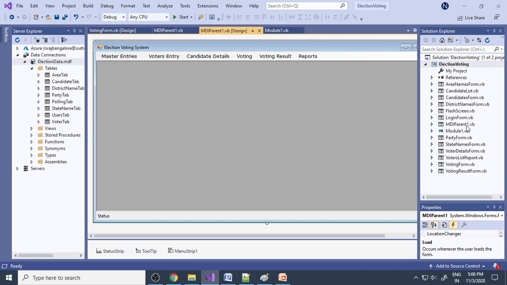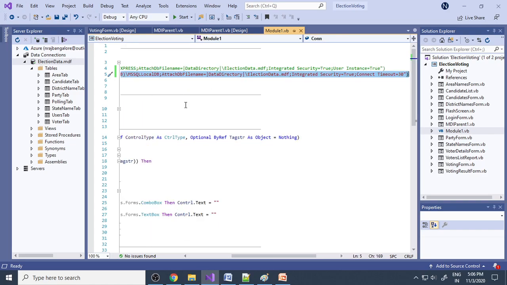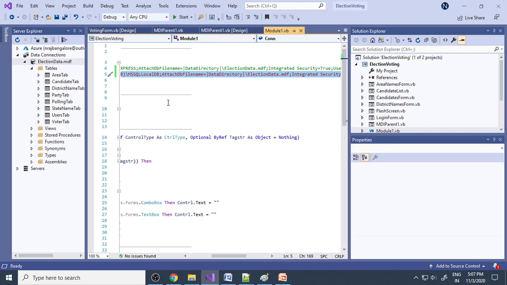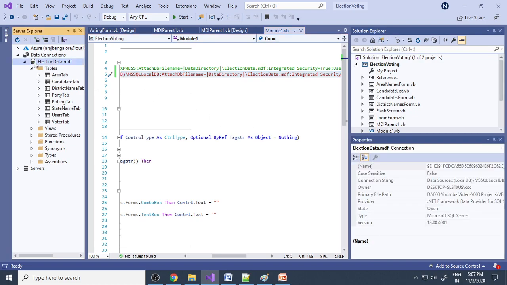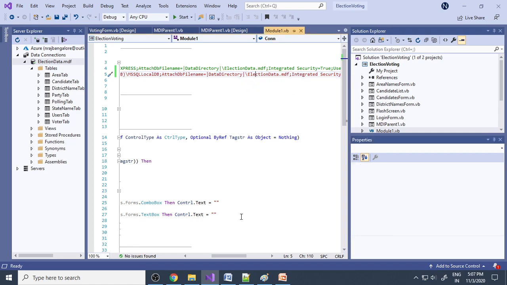The only thing is we need to learn how to write the coding. Here you can see that there is a connection string in order to connect to the database. So connection string is very, very important. How do we get the connection string? We have another video to work with connection string. Please watch that also. But here if you go to connection data, you can see there is a connection data. Here you need to select the complete data and then paste it over here and make the link.